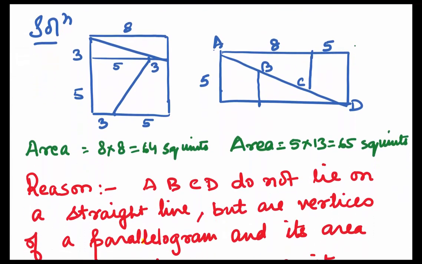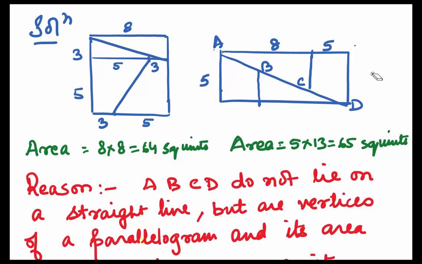So here I have already drawn it. You can see the vertical side we have divided into two parts, 3 and 5, and the top part we've just taken to be 8. Now, you take pieces as shown in the square and try to fix them up as they've been done in the second figure. You see that in the first figure, the area is nothing but 8 into 8, which is 64 square units, whereas the area of the rectangle will be 5 into 13, which is 65 square units.